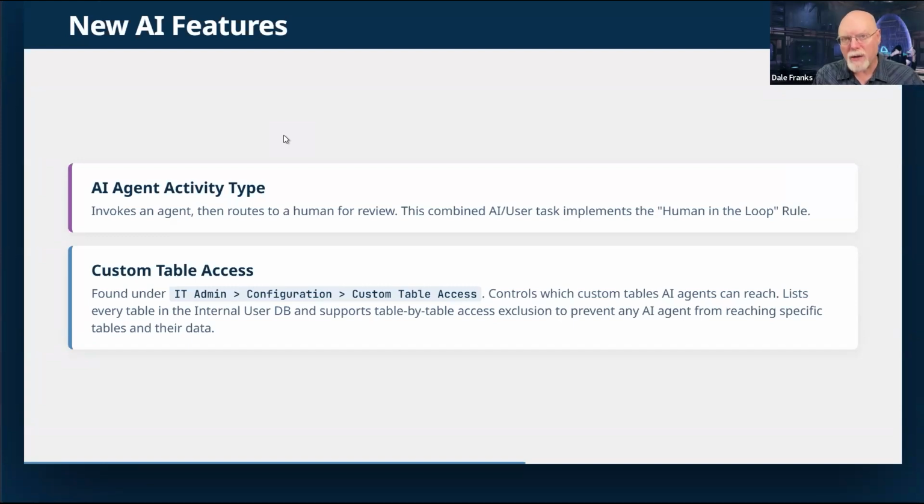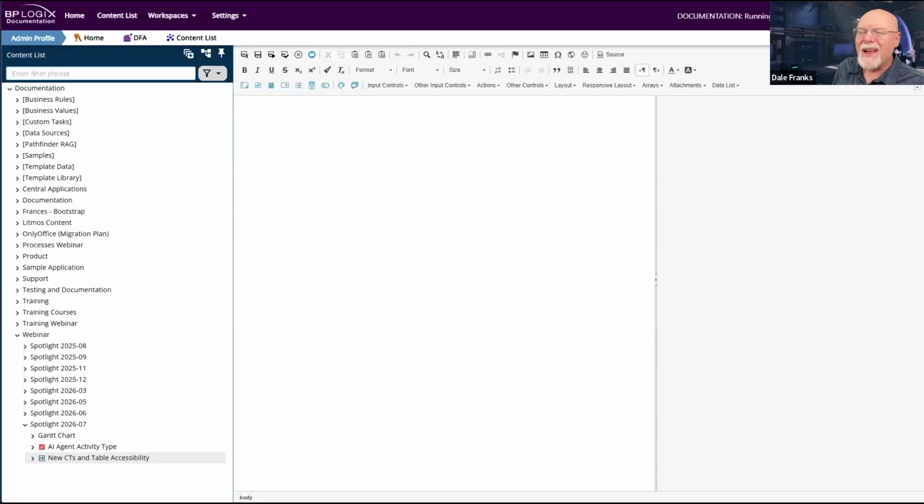Then a user task will be assigned to a user to review whatever it was that you asked the AI to do. You can't just ask the AI to do something and then elide past what it did. Someone needs to approve it. That is part of our human in the loop rule. As useful as LLMs are for many things, there is always the danger of hallucination or just asserting something confidently that is absolutely wrong. So someone needs to approve anything that you have AI do.